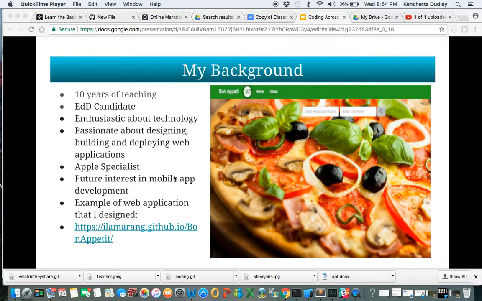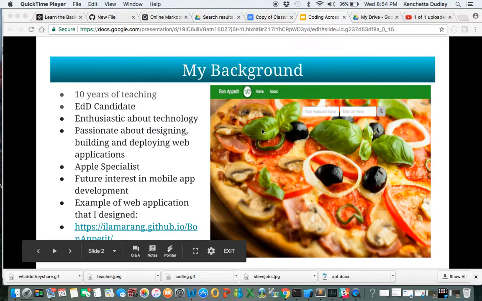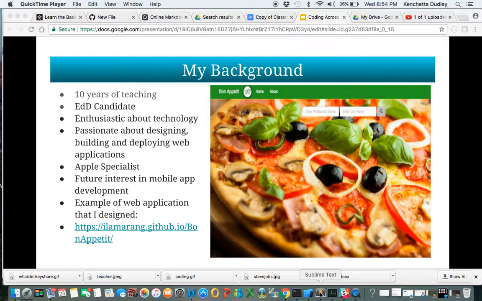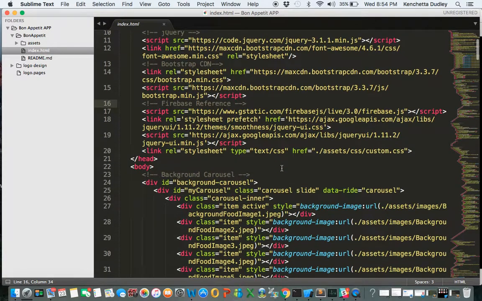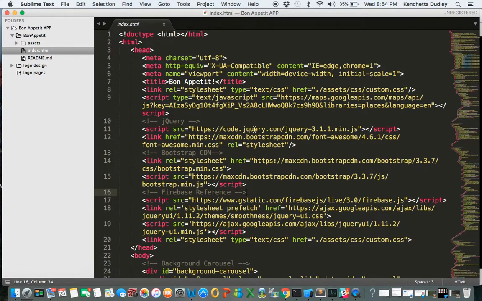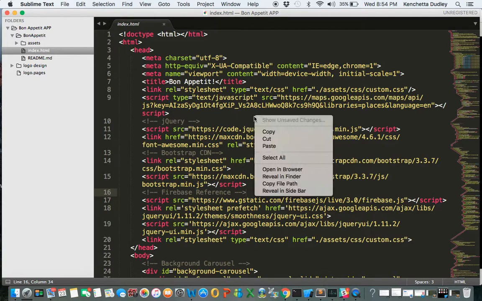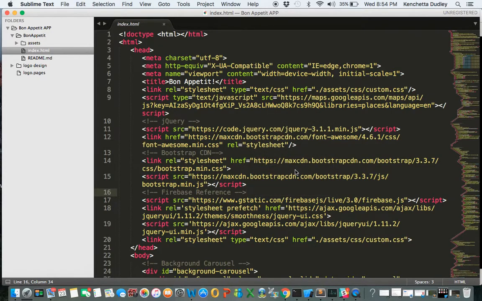So I want to be able to discuss an app that I worked on with a team of developers and how this translates and connects to teaching and learning. So let's just go to the app itself. This is the code, so index.html along with CSS and JavaScript. So if we open this in the browser, as a developer,